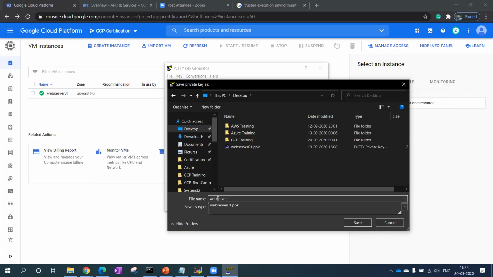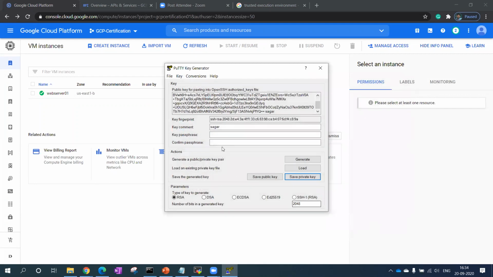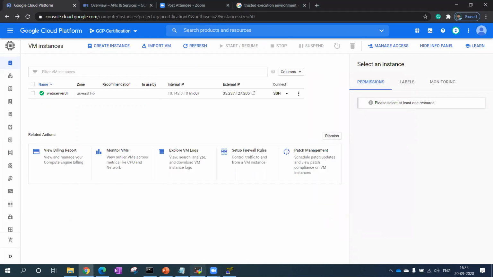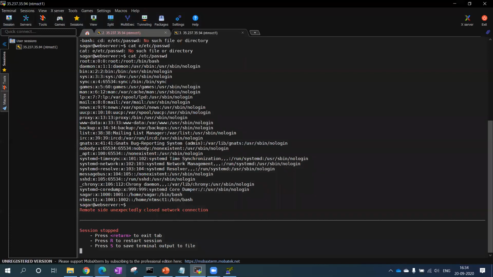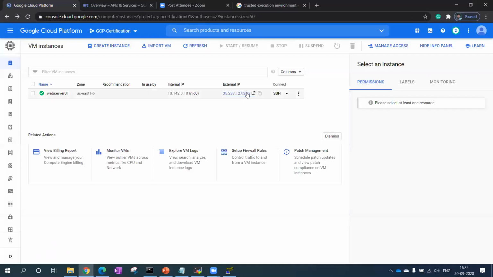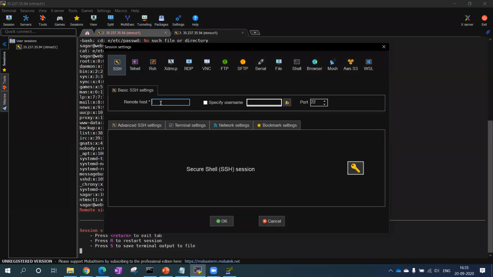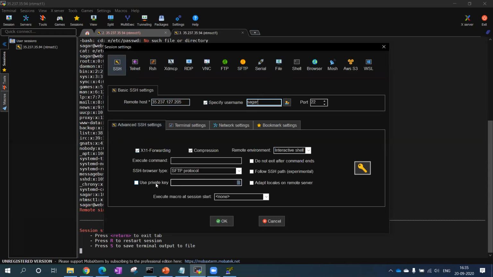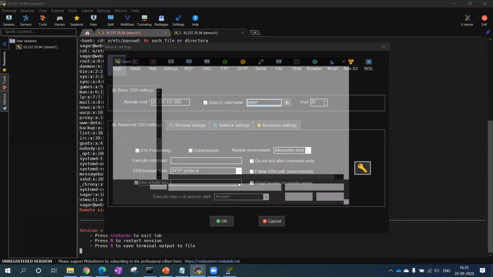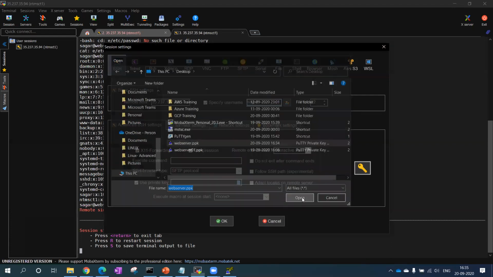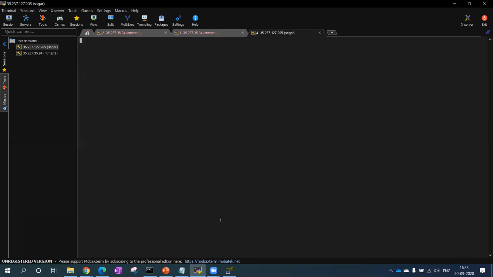Server. Now I can go here. I can take the IP from this VM, copy the public IP, go here, and then I can take a session, SSH client, put the IP name. I will specify a name as well, Sagar, and use the private key. The private key I stored over here.